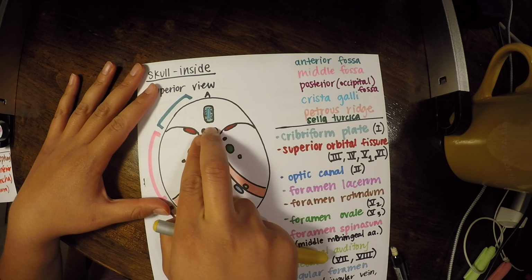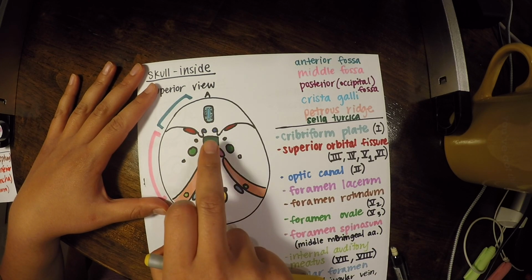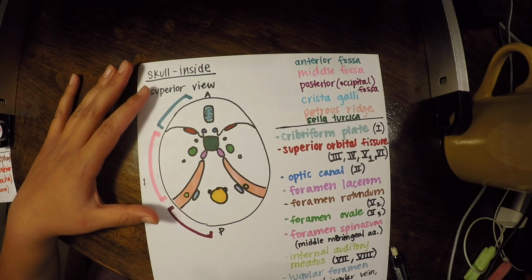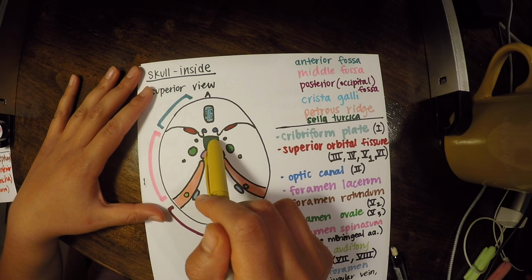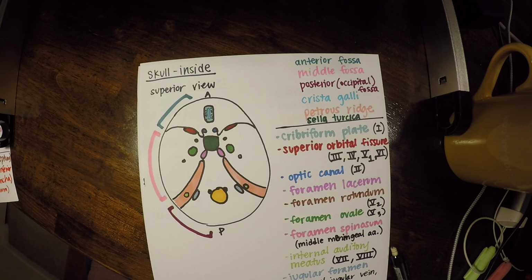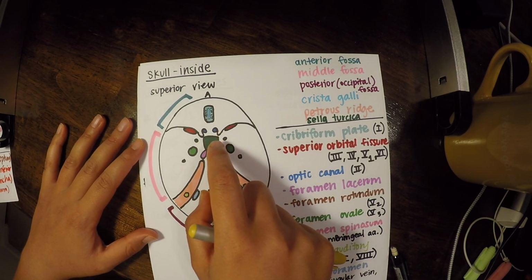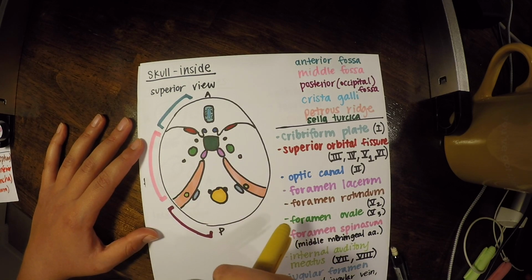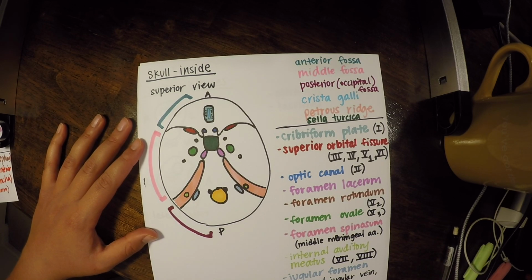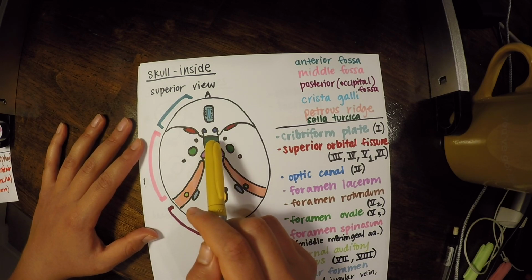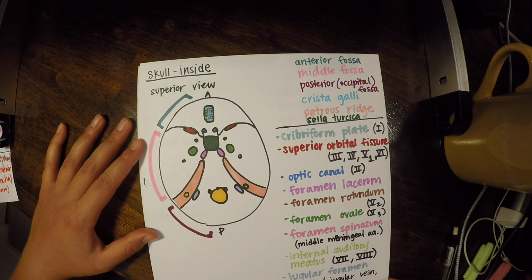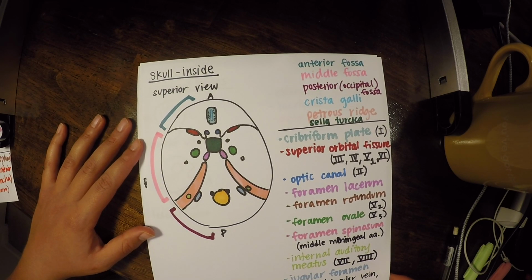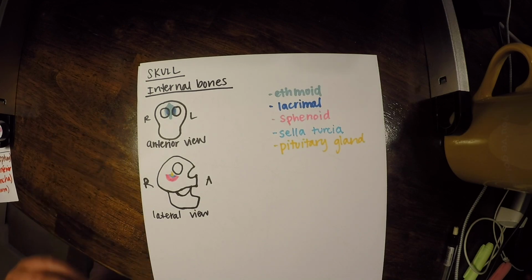And what happens is your nerves pass through where this sella turcica is, this Turkish saddle, but your pituitary gland is sitting right there. And the way that the optic nerves are oriented, if you get a pituitary tumor in this gland that's sitting right there, oftentimes people will lose their peripheral vision. So if anyone is losing their peripheral vision, oftentimes they'll do imaging of the brain to see if there's a tumor of that pituitary gland that could be contributing to that loss of peripheral vision. So anatomy is super cool and important in that way.